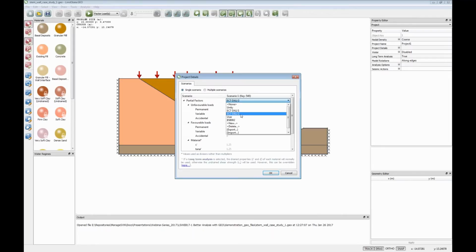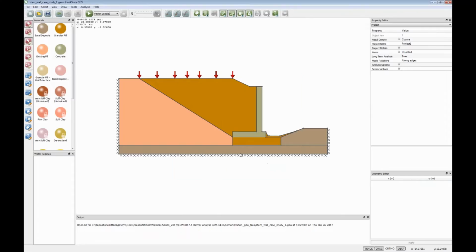Here I've selected Eurocode 7 Design Approach 1 Combination 2, and that will automatically apply factors to the loads and the material properties before the analysis is undertaken. That's most likely to govern failure. We could do the design or analysis based on that, and then eventually we can check it under DA1-1 afterwards